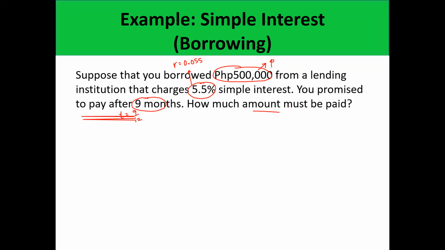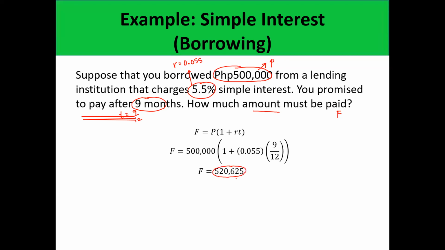And we're looking for the amount that must be paid at the end of 9 months. And that will be our maturity value, F. So using the formula again, F is equal to P times (1 plus rate times time). And substituting the appropriate values, we get